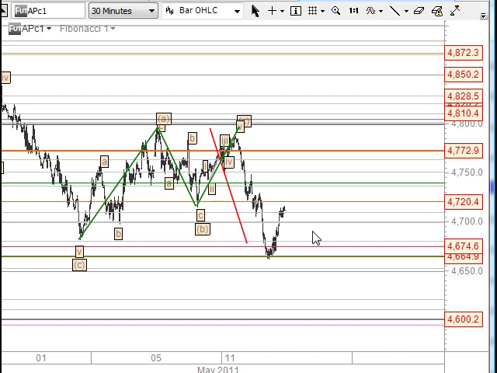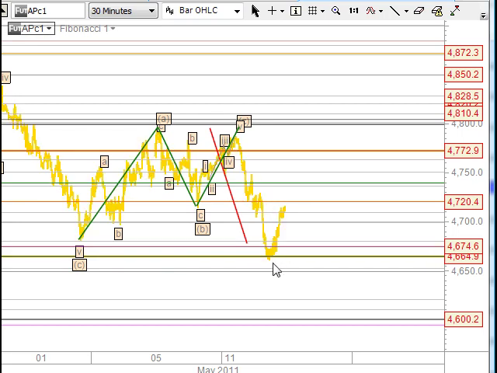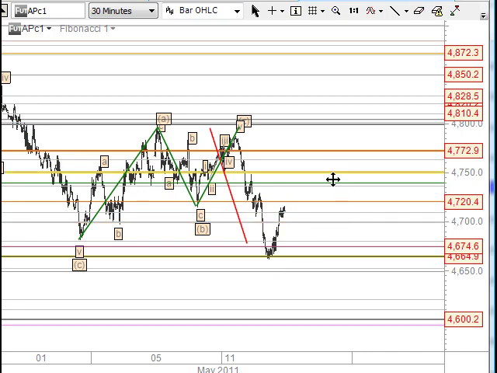Now, this would also be the same with the Indian market, the Chinese market. The Nikkei's in a different sort of pattern and world altogether, so that's got more of a bearish connotation, and probably worth a short sell actually from the 10,000 mark if you're looking at that market at all. But yeah, what we're looking at here, we want to see if this is the low to come in here. But we also need to give it a few days to see what pattern emerges through here, and what sort of volume comes in through here as well.